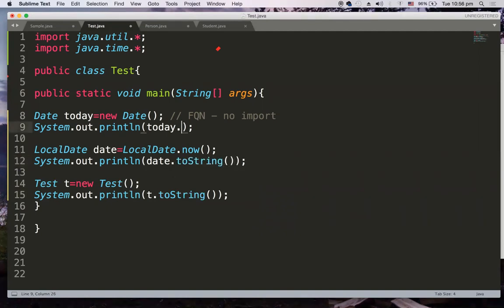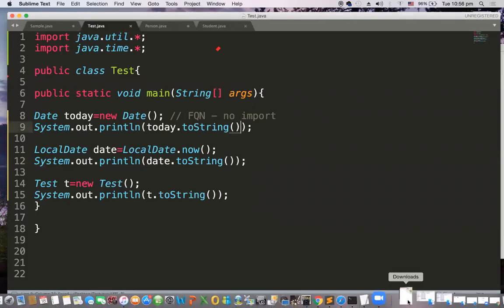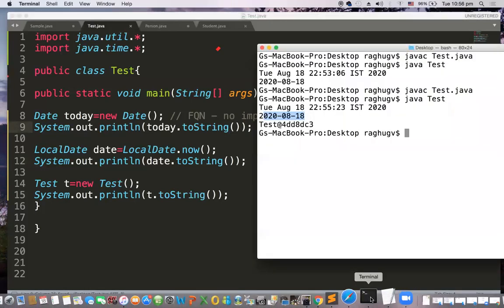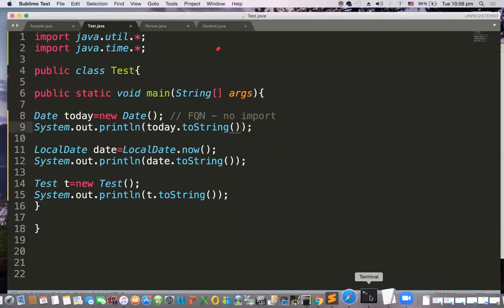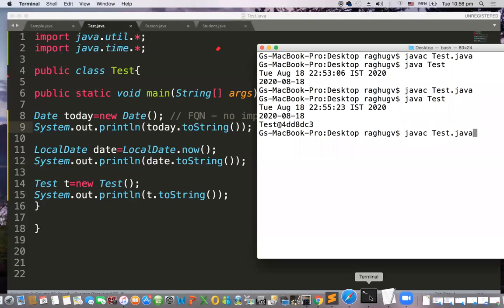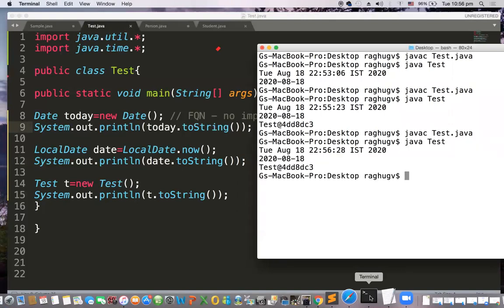So whenever an object reference is printed, the toString method is going to get appended. So I have added toString method to all of them. Okay, so I have saved this also. I'm saving this and then compiling and showing you, javac Test.java compiled successfully and java Test.